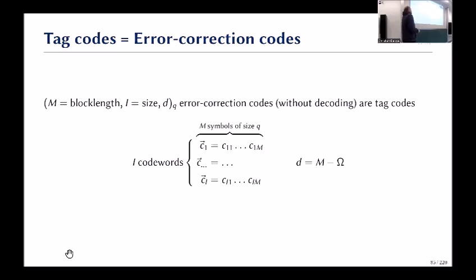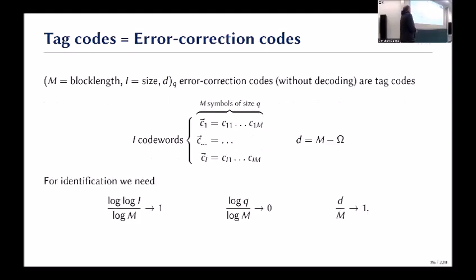And you see, I get here a matrix. What I want here is to have a distance, because we know that these tagging functions should not overlap too much. That's the reason why we want d equal to m minus omega. And in principle, what we need is that log I over log m goes to 1, because they grow double exponential, which is more or less the block length. This part goes to 0, that means the final part doesn't count so much. And d over m should go to 1. Then we can find an identification code which